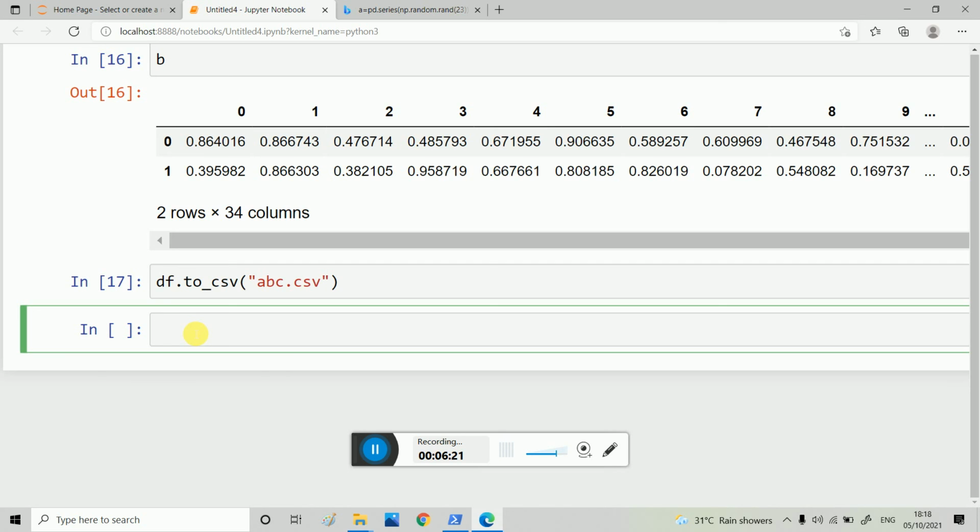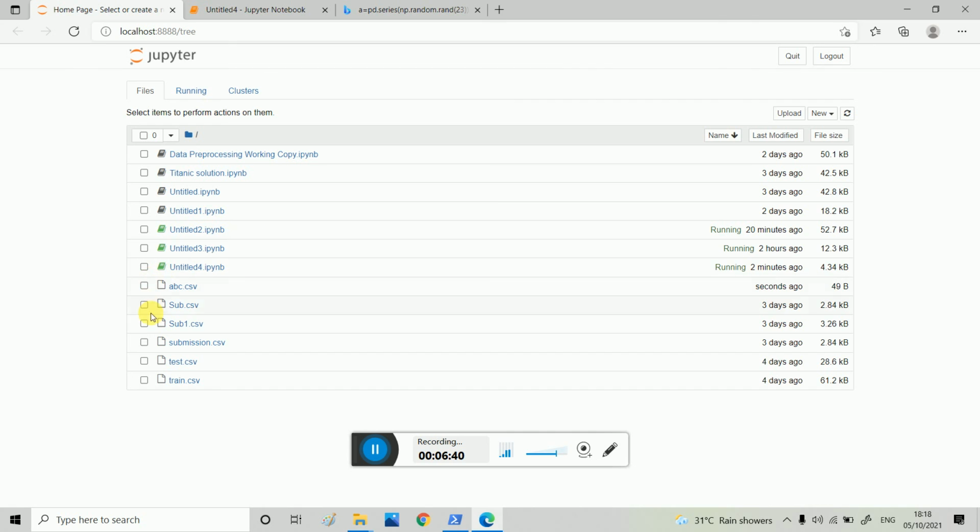Now if you want to import a CSV file, how can you import it? df is equal to pd dot read_csv, and then you have to write the file. Consider I want to import the train.csv file.